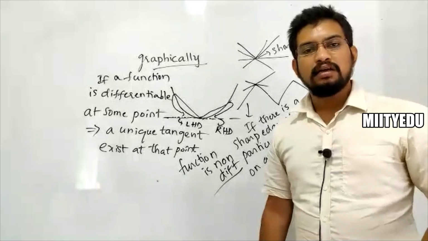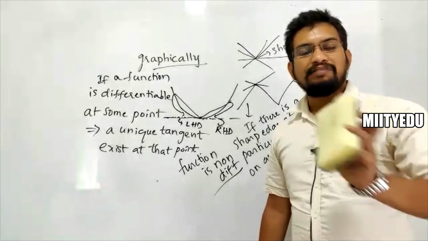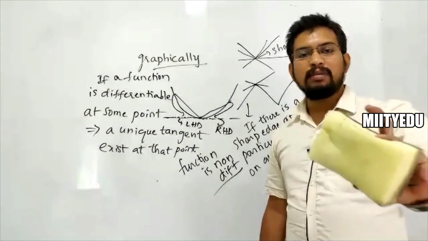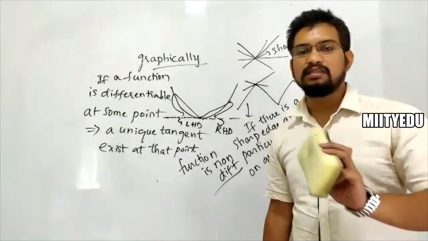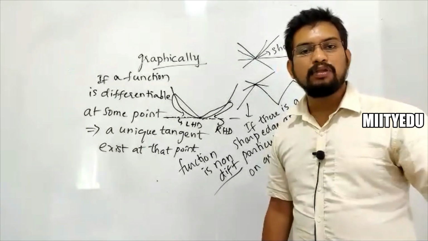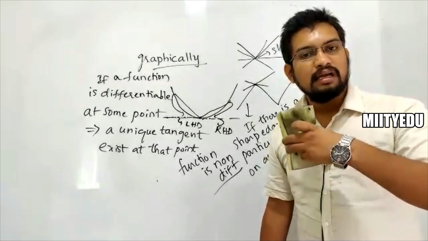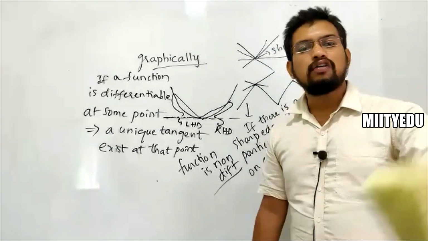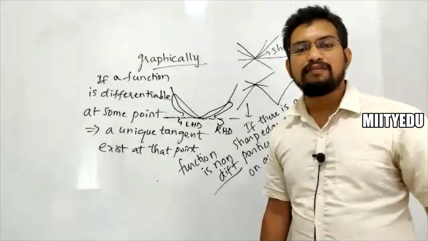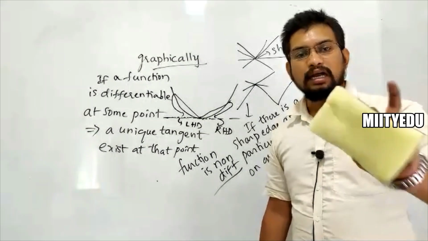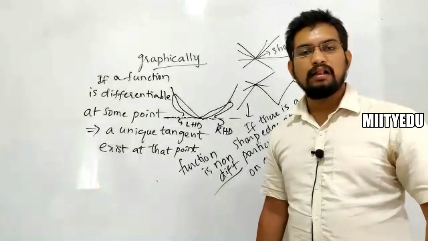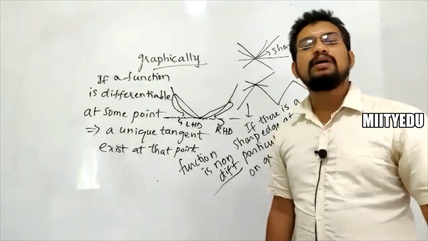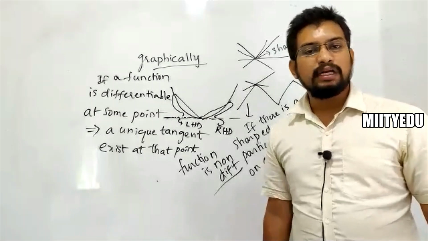That is the thing. First, continuity. If there is no continuity, the first point which you have to remember is that there is no concept of talking about differentiability. If continuity fails, that function is no longer differentiable. You cannot talk about differentiability because the graph itself is not existing at that point. Second thing, left hand derivative and right hand derivative must both be equal. In such a case, you will term it as differentiable at that point.